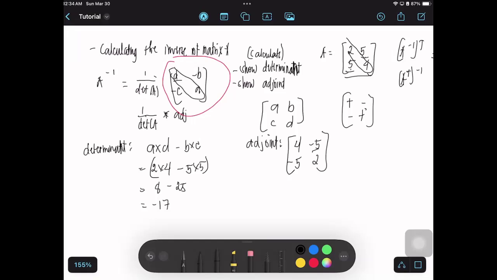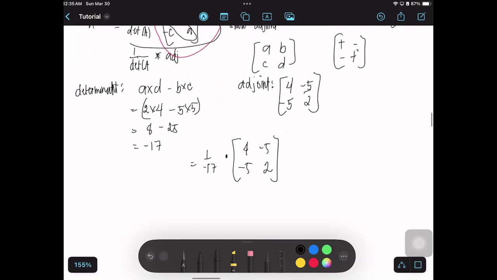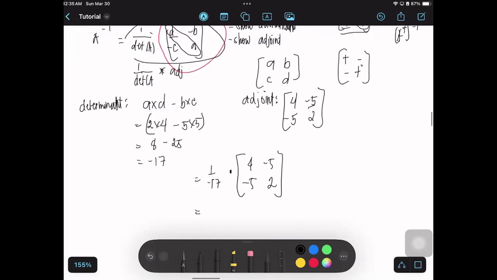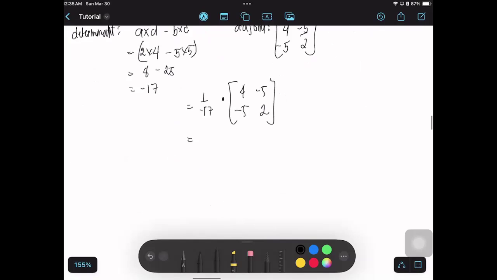So we can definitely calculate the formula for the inverse already. So let's calculate that one. So that will become 1 over the determinant of negative 17. Sorry, negative 17. Then you will multiply that into 4, -5, -5, and 2. What you will do, the answer for the inverse of A, it will become like this: